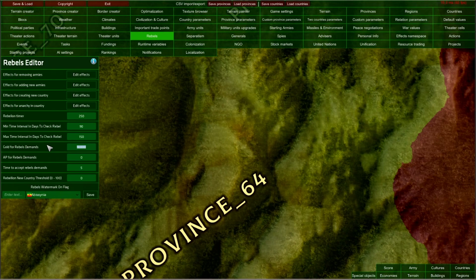But the more interesting setting is to leave that at 0 and let rebellions happen. And this input field here determines how much time the player would have to accept rebels' demands. And the setting at the bottom is a pretty important one, because like I said before, rebellion can end in three ways. Either by starting an anarchy in your country, by joining a neighboring country, or by creating a new country. And here is the percentage threshold of how many provinces of your current country the rebellion needs to occupy before it is allowed to create their own country.